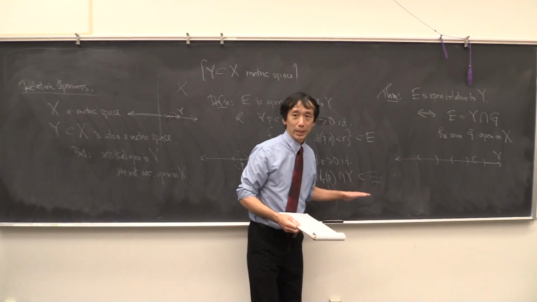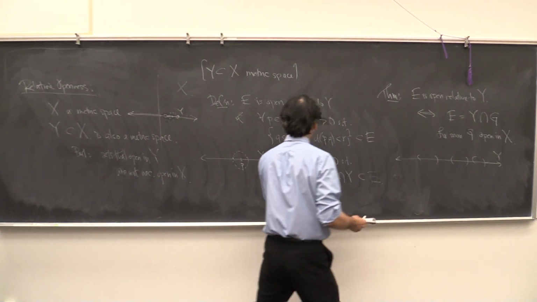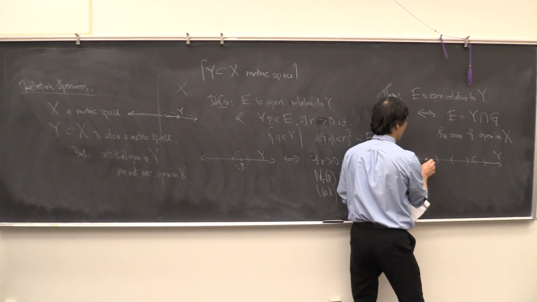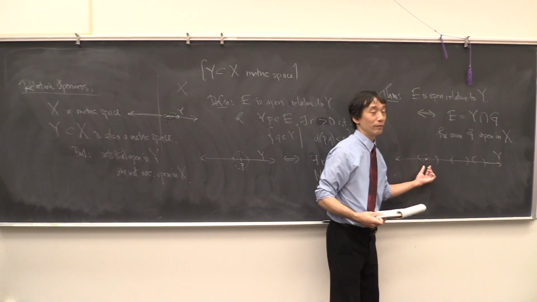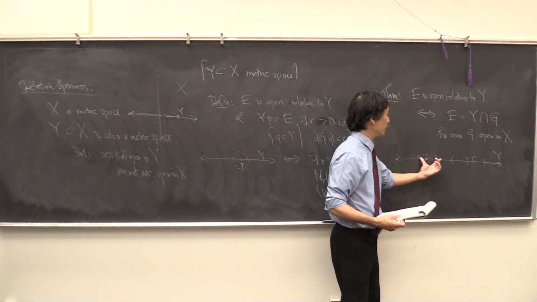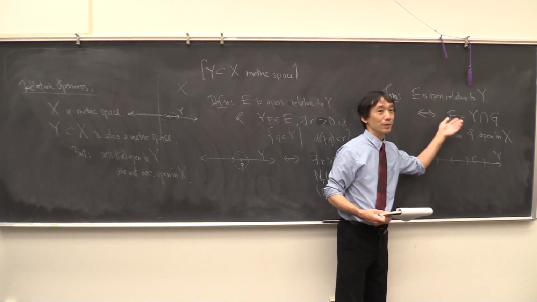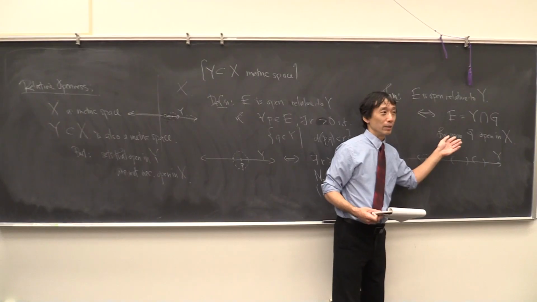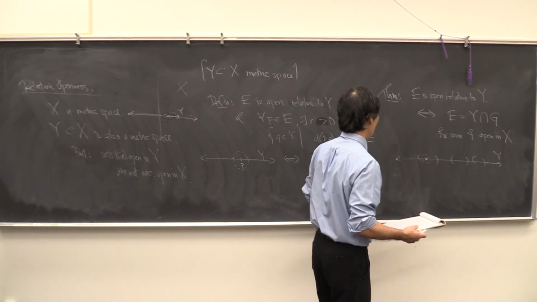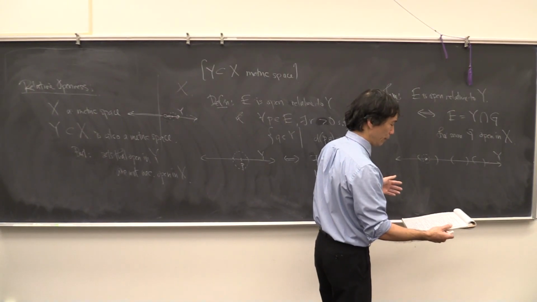You can probably guess how we prove it. We know that every point here, you can find a ball around it whose intersection with Y is contained in the set. So you just take the union of all those balls, and that's your G. Make sense? I hope that's pretty intuitive. So that's basically the proof.